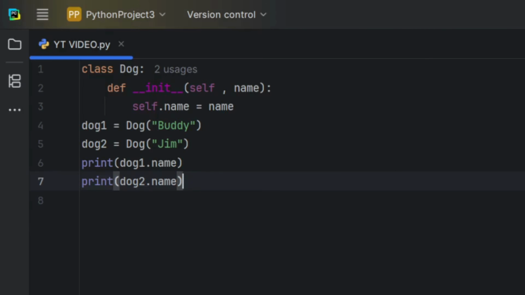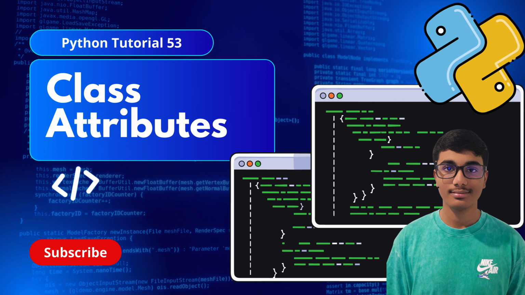So we can understand that the init method, or anything inscribed in it, which is self, name, and self.name equal to name, becomes unique for every instance, which is dog1 and dog2. And this is all because of self, because self makes it unique for everything.